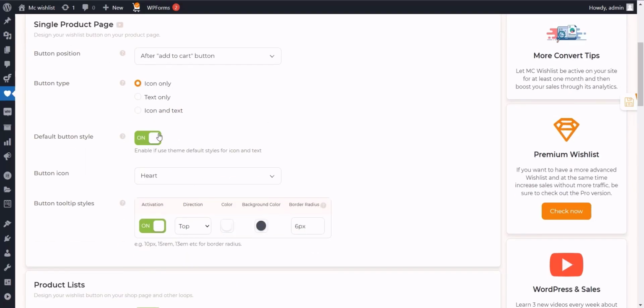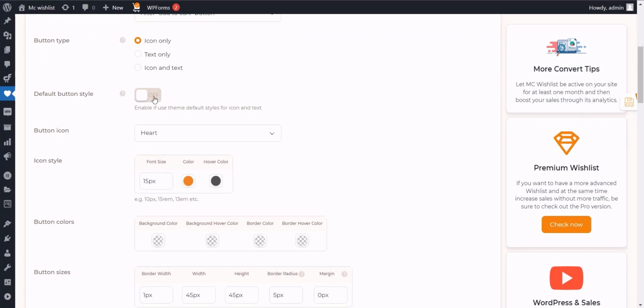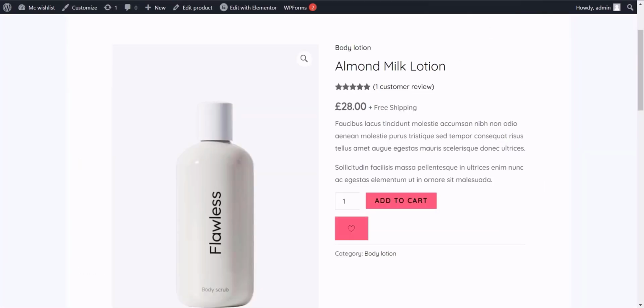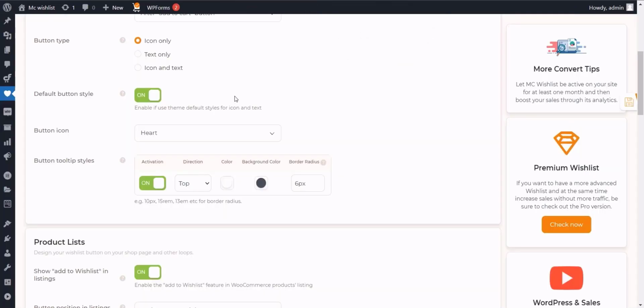Also, by activating this option, you allow the plugin to consider a style for your button based on your theme automatically. Well, if I activate this option and enter my product page, this button will have a pink background and its text color will be black according to my theme. As you can see, the speed of the plugin is very high